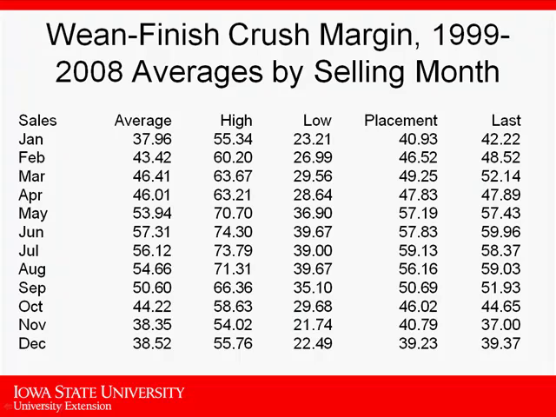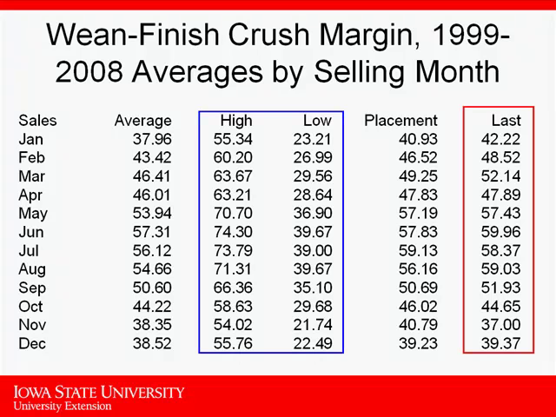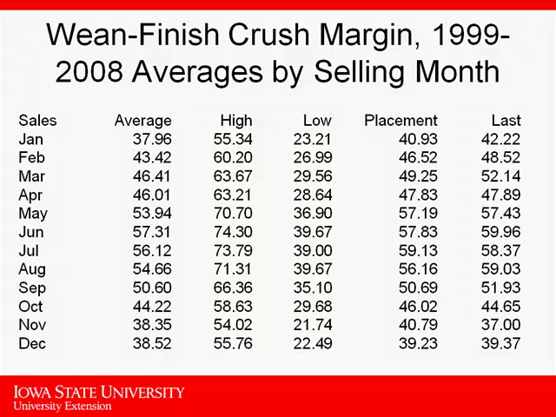And you can look down through these months. Let me go ahead and hit my little bars here. There's quite a range from high to low that says year in, year out, there are opportunities offered on these margins. The other thing to note, you can see these little green boxes show up on here. So for example, July placement time averaged higher than the last day. So it would be July marketings.